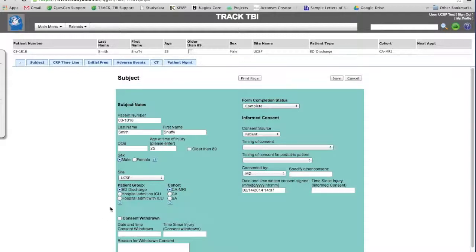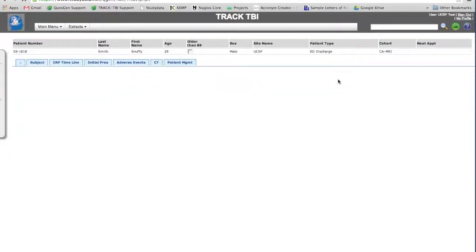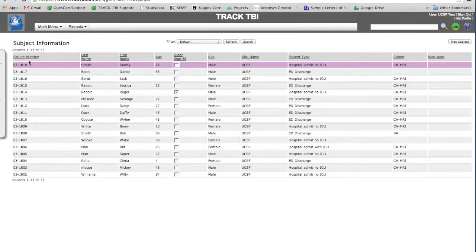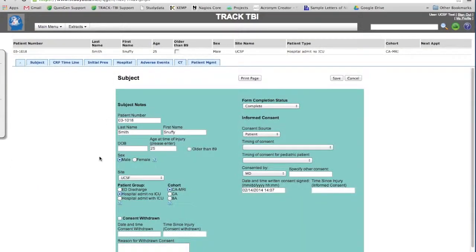So right now I have set this patient to an ED discharge. Now what happens if I put it as a hospital admit, and then I save the form? Then this up button will get me up to the overview of all the patients. Then let me click on this patient again, and I changed it to hospital admit, and now you see that